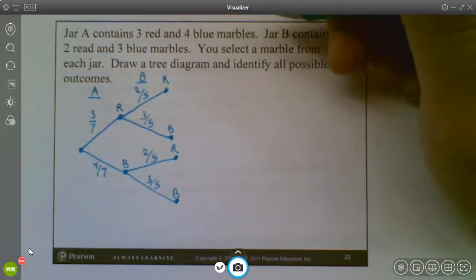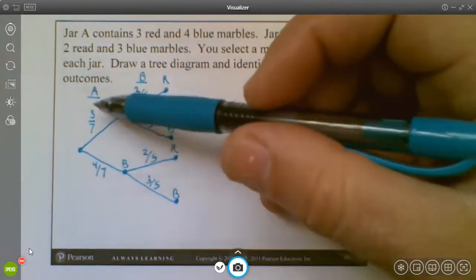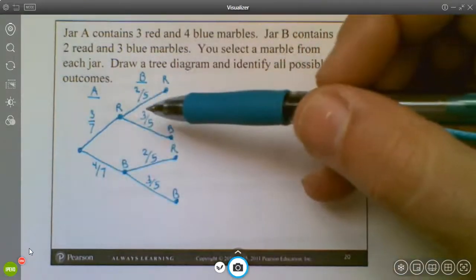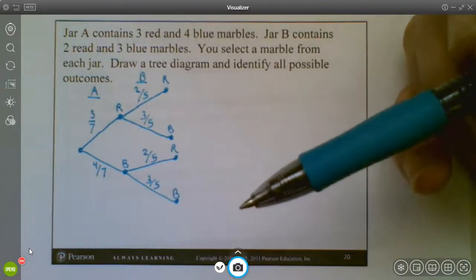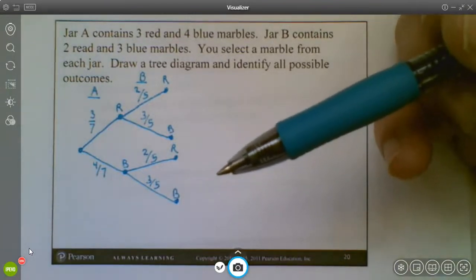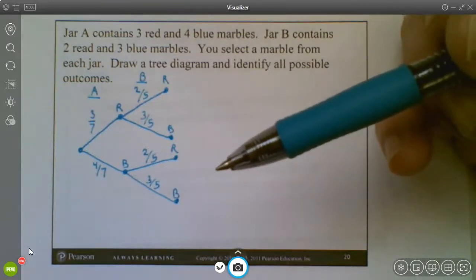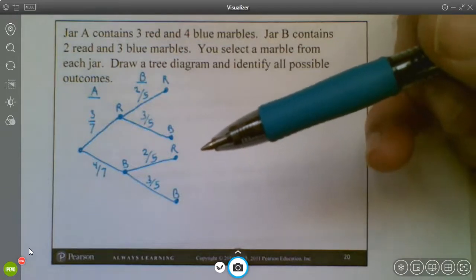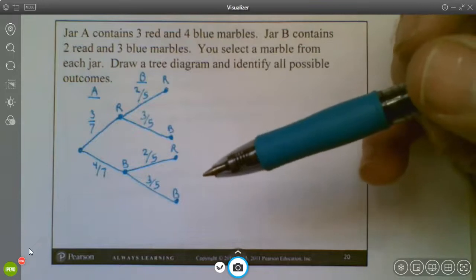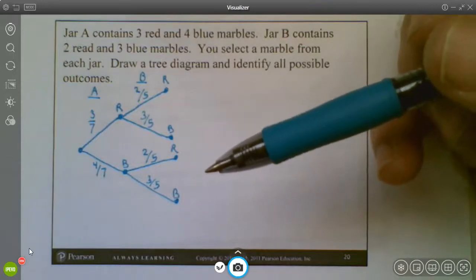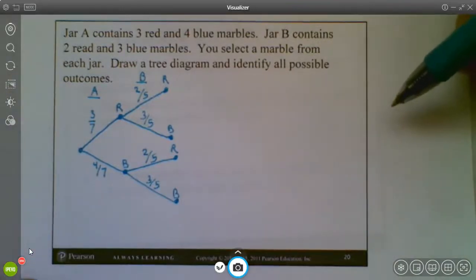One thing I would notice is that these must be independent events, because whatever happens on jar A has no impact on what I get from jar B, because they're 2 separate jars. This would change if I said I was going to reach into jar A and get a marble, and then reach into jar A again and get another marble. Those would now fall under the category of dependent events, because now your second one would definitely be affected by the first one. But these are 2 separate jars, so they're not going to affect each other. So independent events,